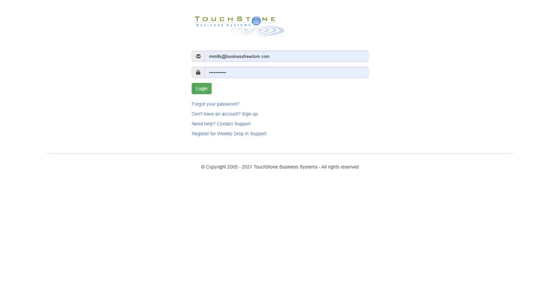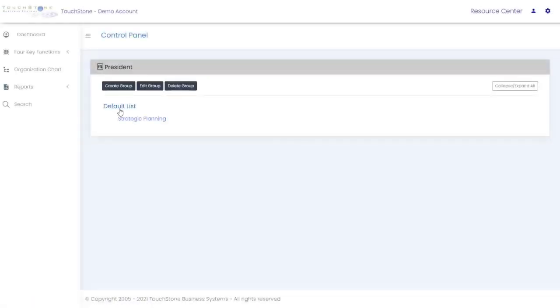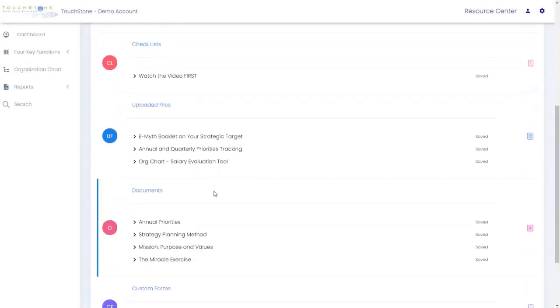This is going to be a tool that's going to be used for onboarding new employees and managing existing employees. Go ahead and log into your TouchStone account. Click on your position and let's go to the strategic planning so we can access the content that you saved